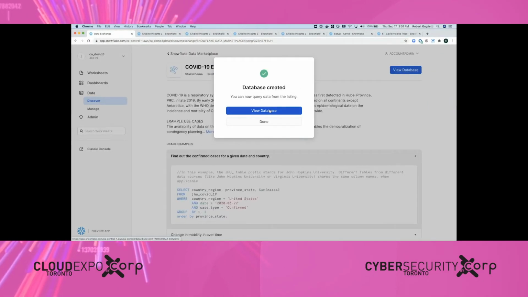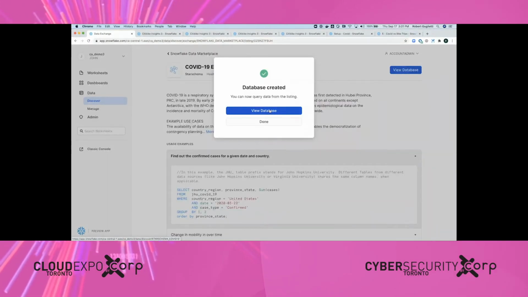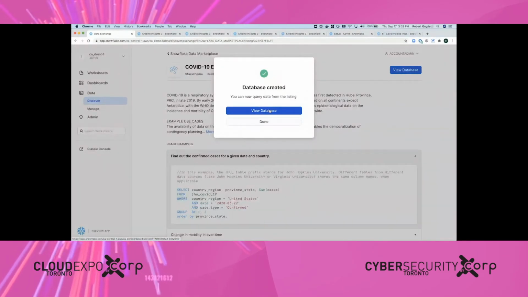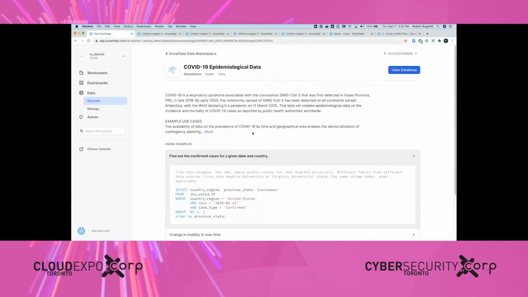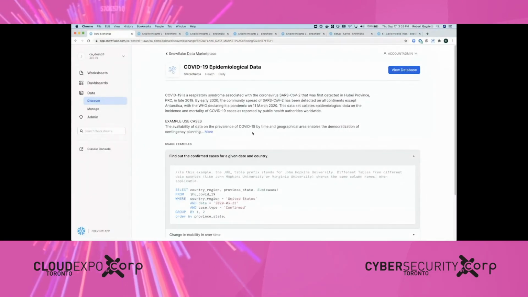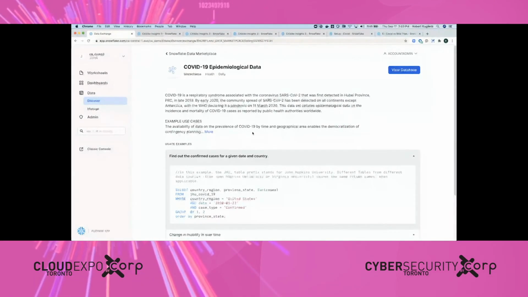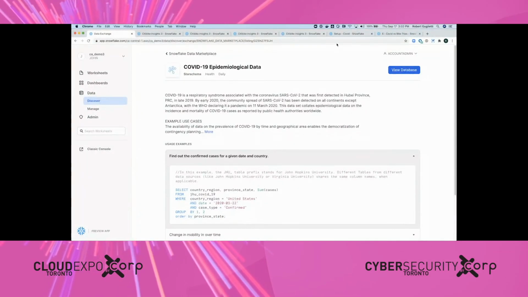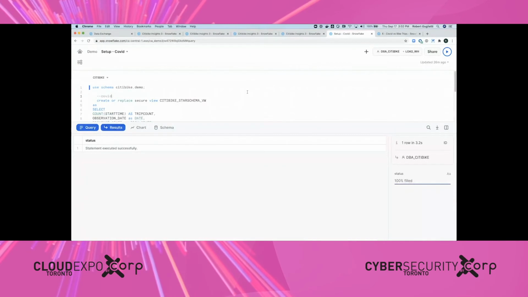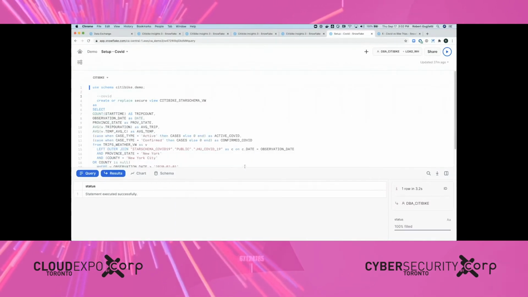So that's it. Within a couple of seconds, I now have access to the COVID data set from Star Schema, and I can start utilizing and selecting from it right away. There was no data transformations, no ETL, no APIs, simply press the get data button, and now I have access to that. And to demonstrate that, what I'll do is I'm gonna switch back over to our scripts here, and